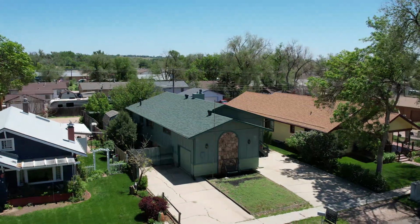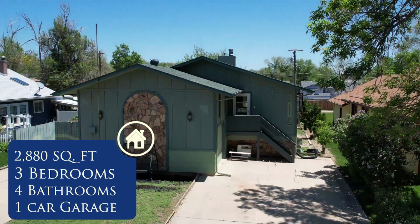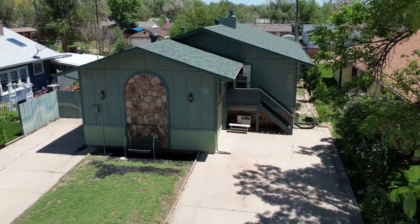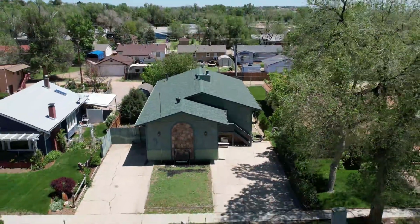Here on the exterior of the house, we have some pretty unique features. Let's start off with the driveway. We have two driveway parking spaces. One of them is elongated to fit multiple cars. Another one leads to the one-car garage. We have a stone accent piece here in the center of the exterior of the house that really complements the